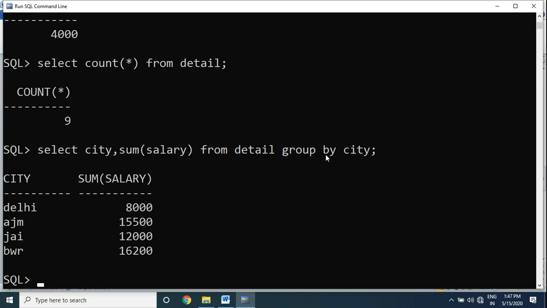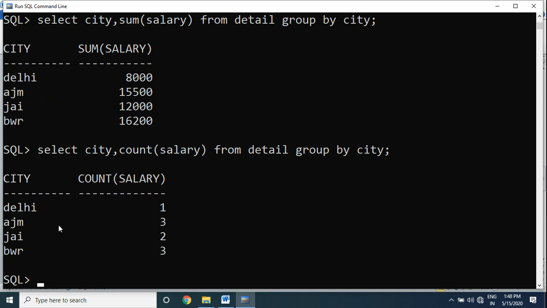In the same way, if you want to know how many people are in a particular city, we can use SELECT city, COUNT(salary) FROM detail GROUP BY city.